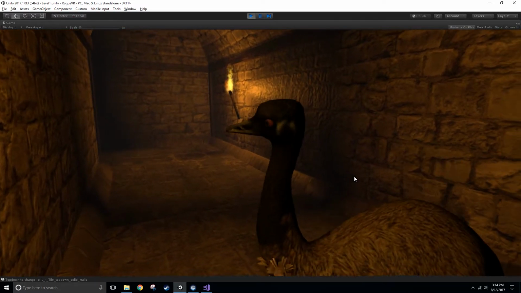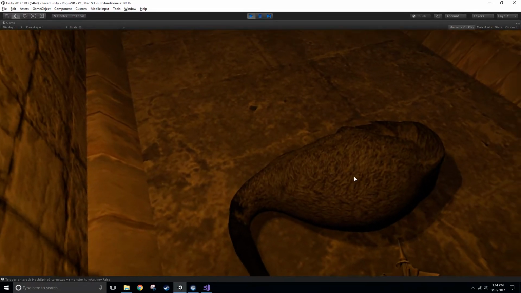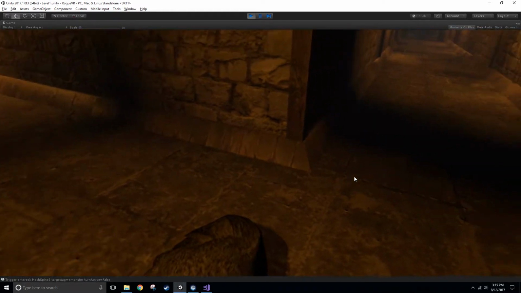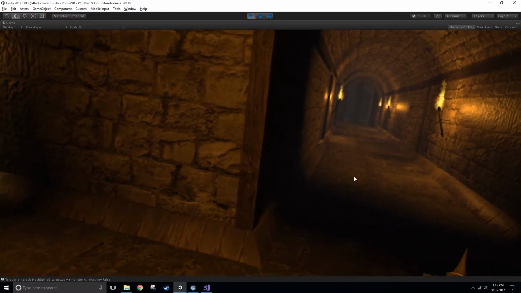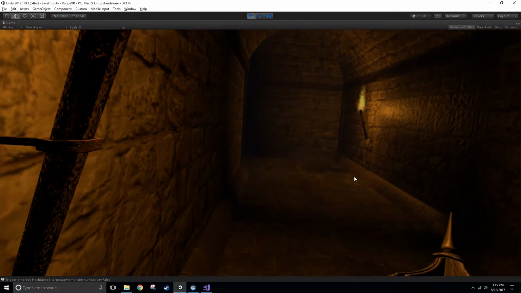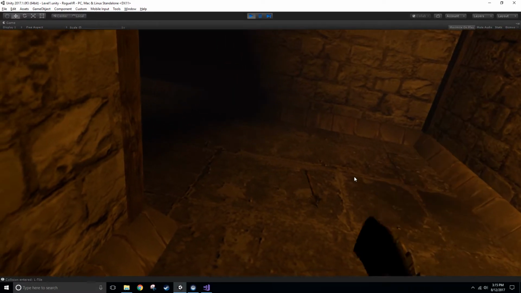So let's see if I can make some emu meat here. Oh, that didn't take much at all. He was totally weak. But anyway, who wants some emu? It's kind of hilarious and also a little bit terrifying when you encounter these in the game in VR. So that's pretty much it for the playable demo. I'll go ahead and throw my little weapon away there